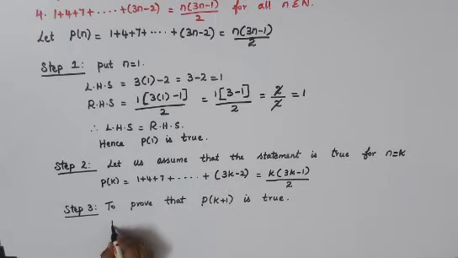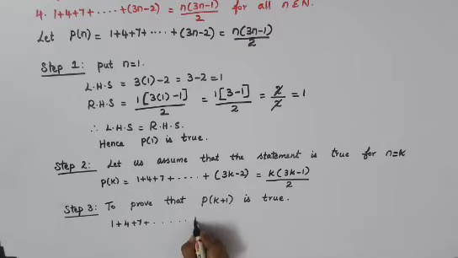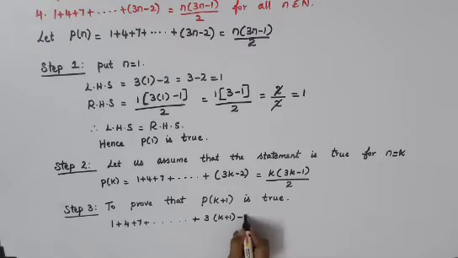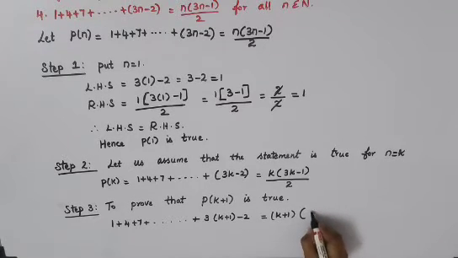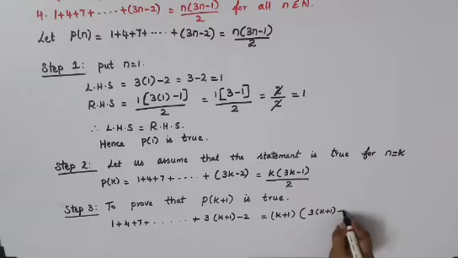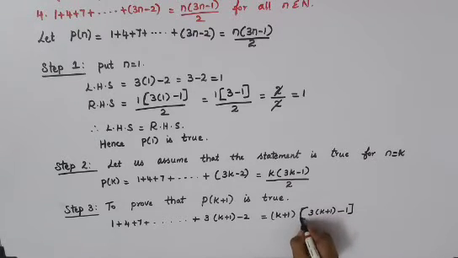Okay, so it is 1 plus 4 plus 7 plus etc. plus 3 into k plus 1 minus 2. So in the place of n, you will have to write k plus 1. This minus 2 is there as it is. That is equal to, again n is k plus 1, you will have to replace, into, again 3n is there. So 3 into k plus 1 with the bracket. Okay, because 3 into 2 terms are there. So with the bracket, then minus 1, put a big bracket for this, divided by 2.